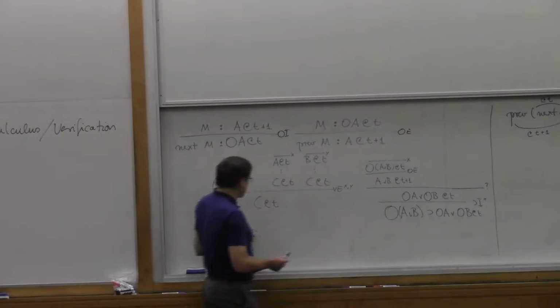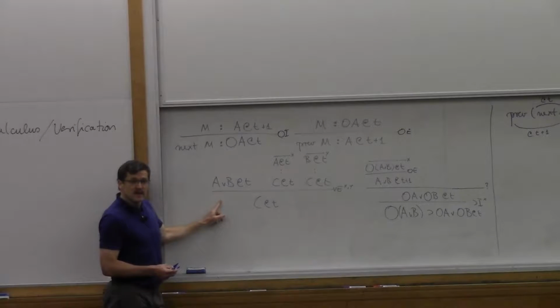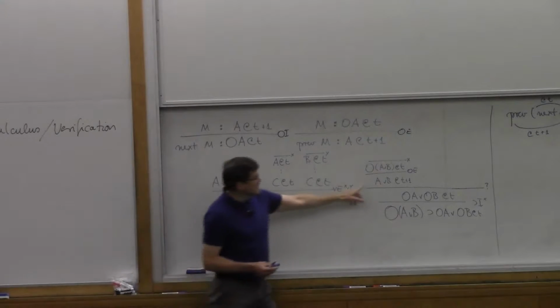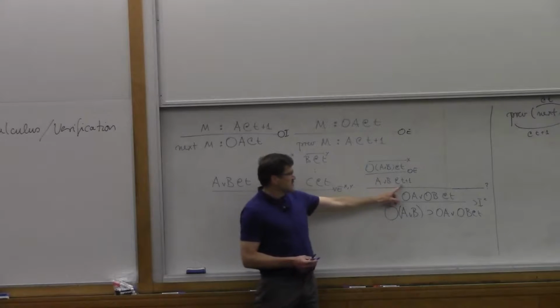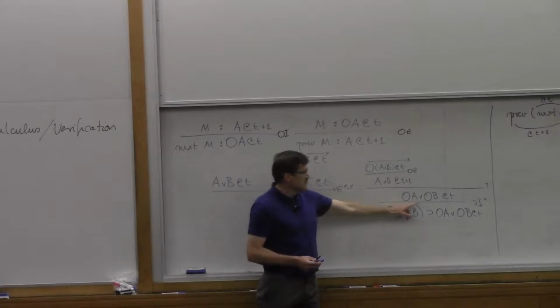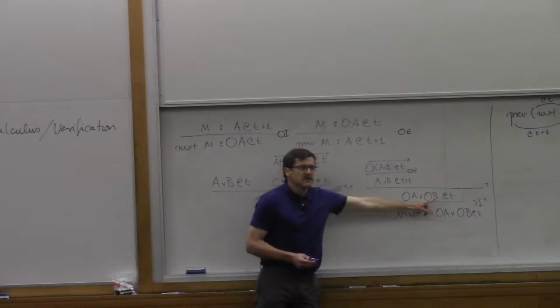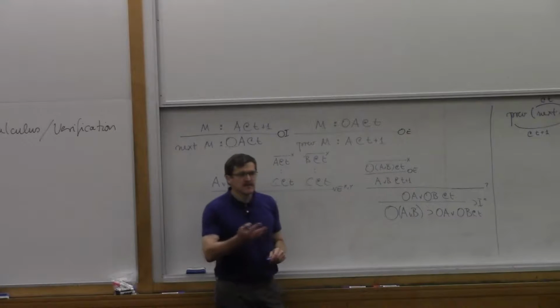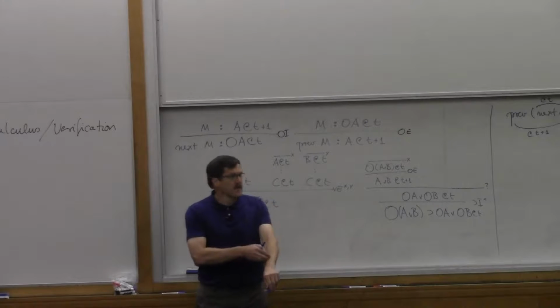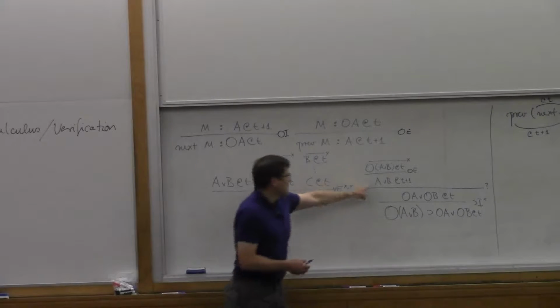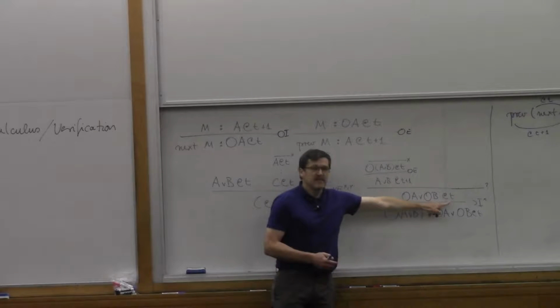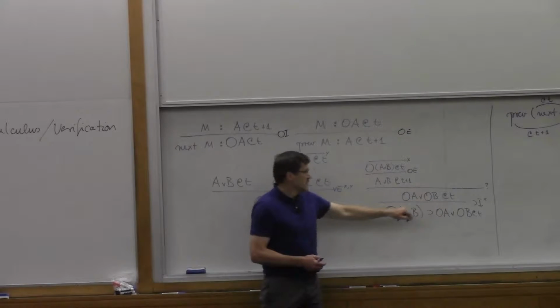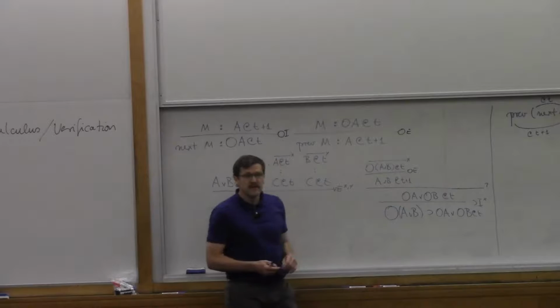Because I know that I have A or B. But the problem is I can't apply this rule, right? I can't apply this rule because the assumption that what I know here, A or B, that I'd like to apply or elimination to, is true at time t plus 1. What I'd like to conclude is true at time t. So applying the or elimination rule is like looking into the future, right? It would be like somebody flips a coin tomorrow and making a decision based on that coin flip right now, today, at time t. Okay, so I would get stuck in this proof, at least if I go this way.